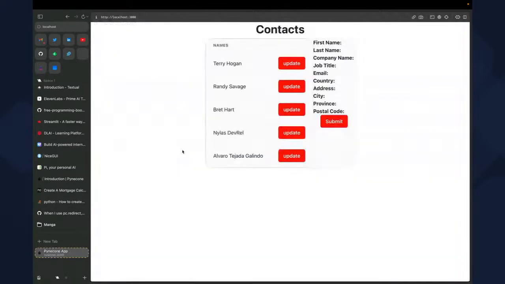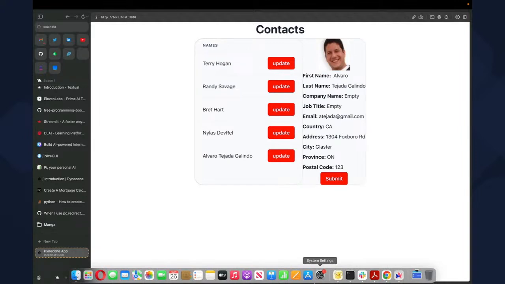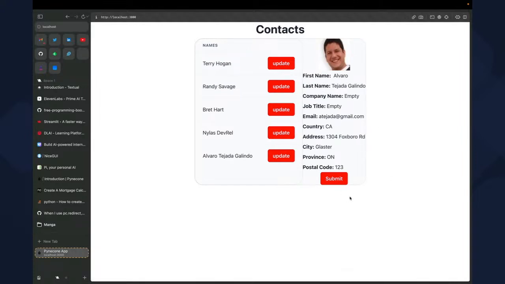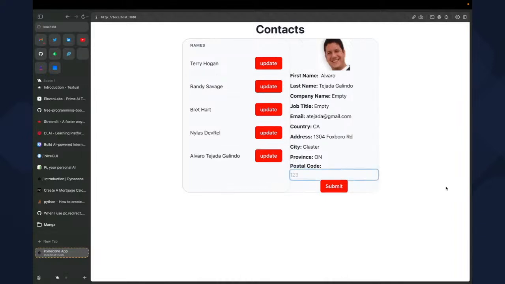This is what it's going to do. It's going to load our contacts. So we can see Hulk Hogan, Randy Savage, Bret Hart, and myself. Here you can see that we have slots for first name, last name, company name, and so on. If I press update here, it's going to grab my picture and all my information. So let's say I would like to change something. My postal code is not 123,